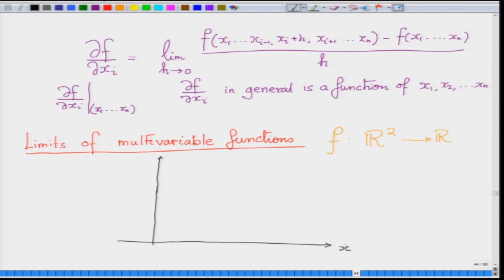Consider in R2 a point given, x naught y naught. What do I mean by the expression x y tending to x naught y naught? This is a very key question, and this needs to be understood,